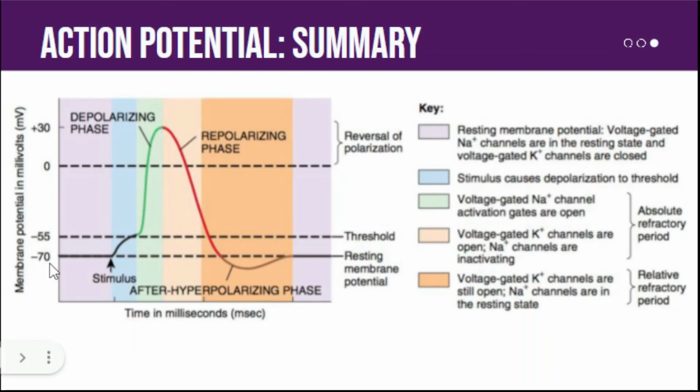But for us, RMP is negative 94 and then threshold is negative 65. So, kunyari ito, this is your RMP. Tapos, naka-receive yung nerve natin ng electrical, mechanical, chemical stimulus. So, there will be a local potential, whether it be synaptic, generator, or receptor potential, o kaya electrotonic potential. So, sabi natin, yung mga local potentials natin, graded, they can do summation, and usually short. Pero pag naging effective yung stimulus, at umabot ng threshold natin, let's say negative 65, then action potential will